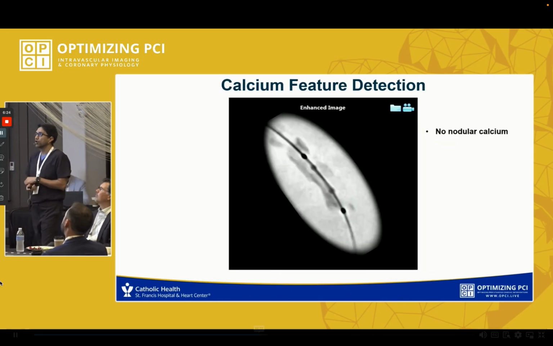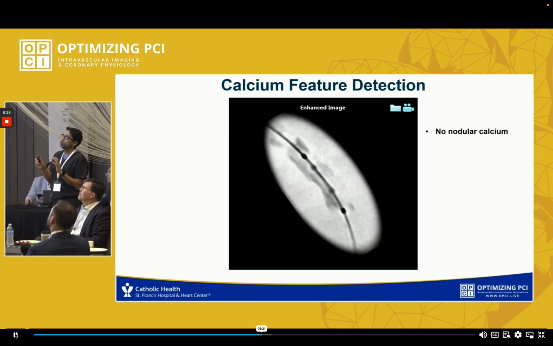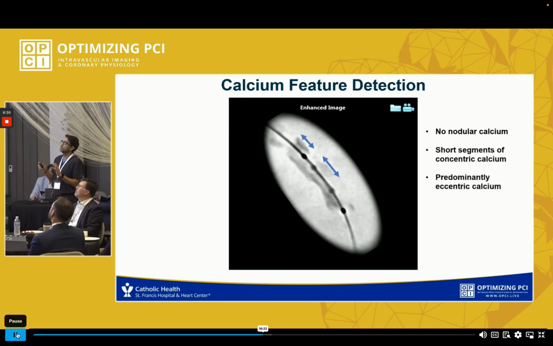Okay, what else can we learn? Let's think about feature detections on advanced X-ray. What do you learn from this image? You learn that there's no nodular calcification, there's short